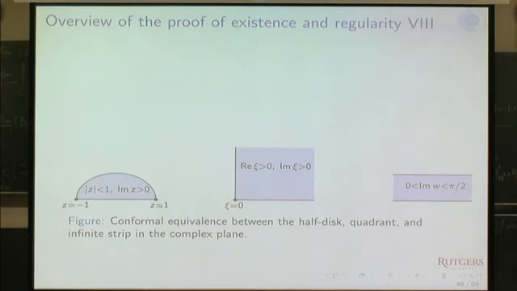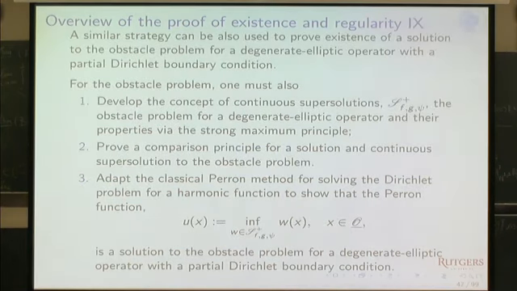All right. So what's the geometry then of the situation? This is where we can solve a degenerate PDE problem. Degenerate along here, Dirichlet data along here, non-degenerate. We just map such solutions onto the half disk, and do the same thing, of course, in higher dimensions. So for the obstacle problem,